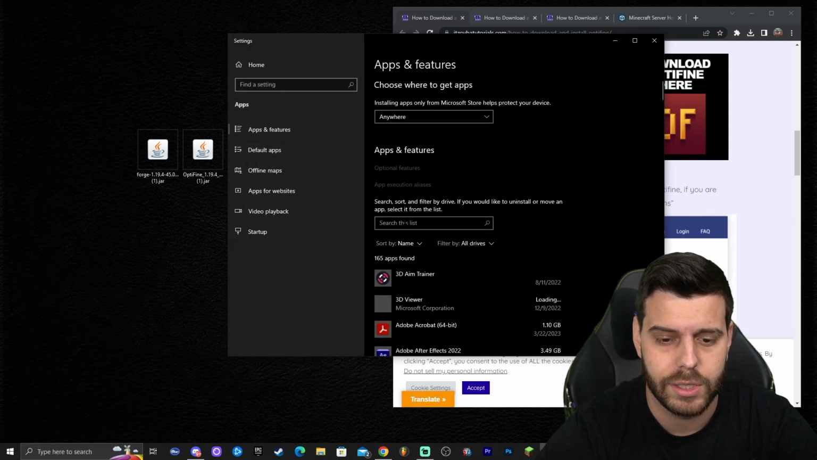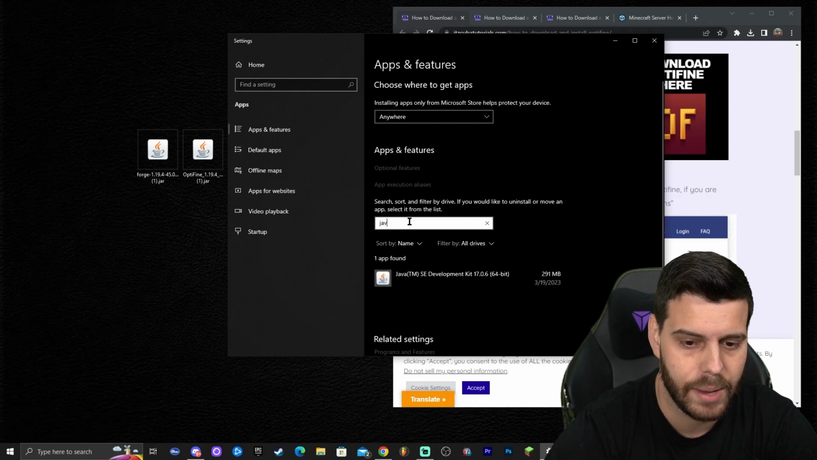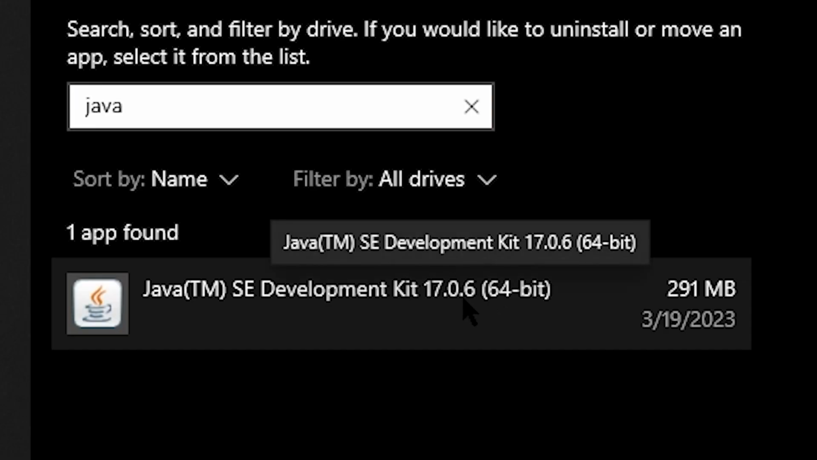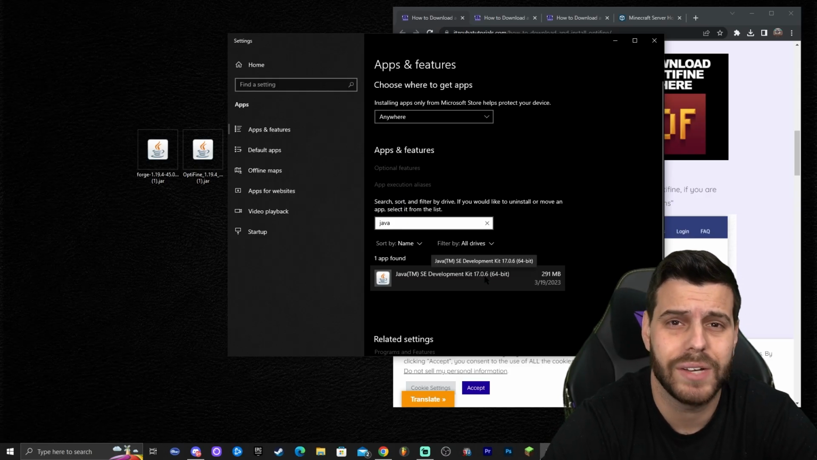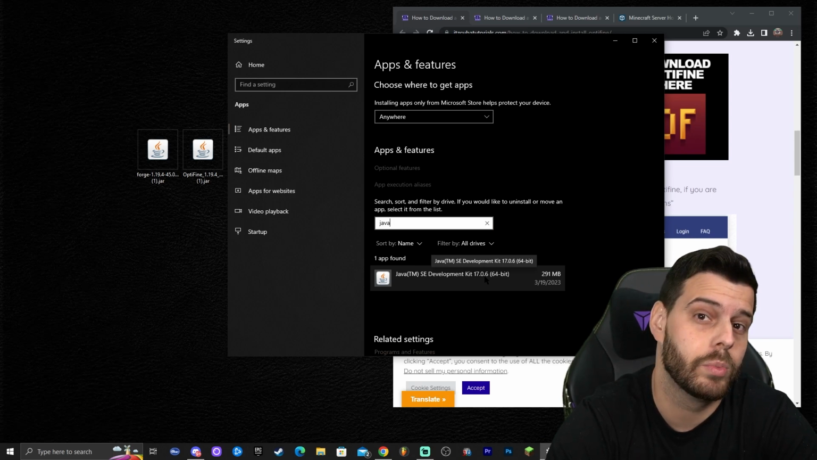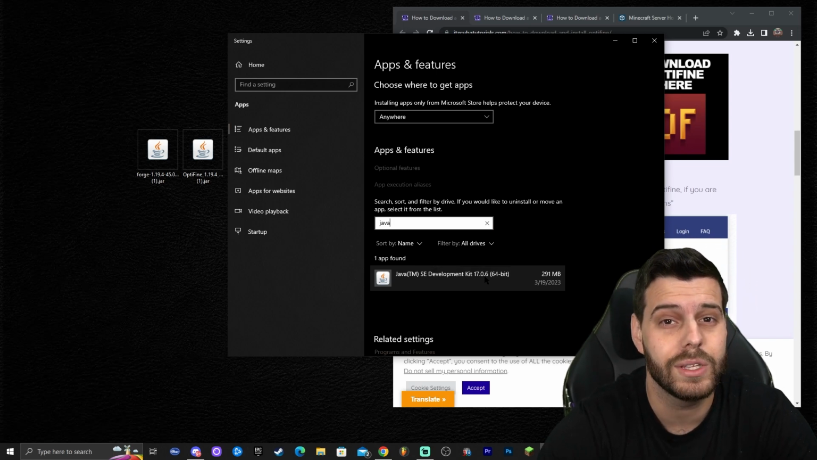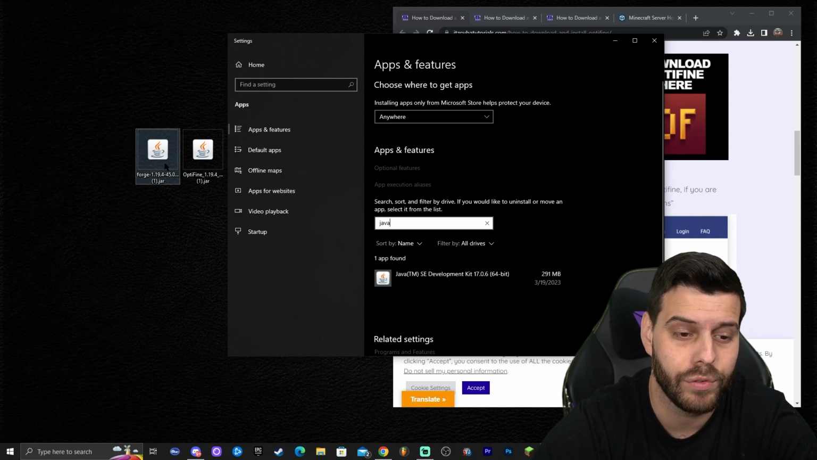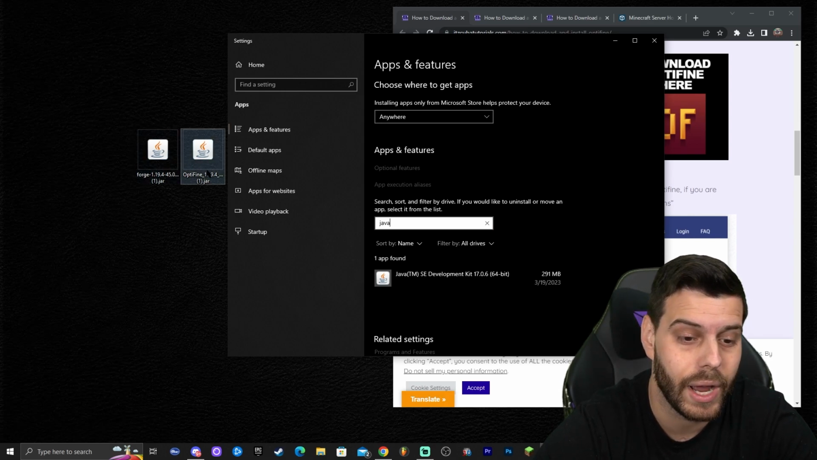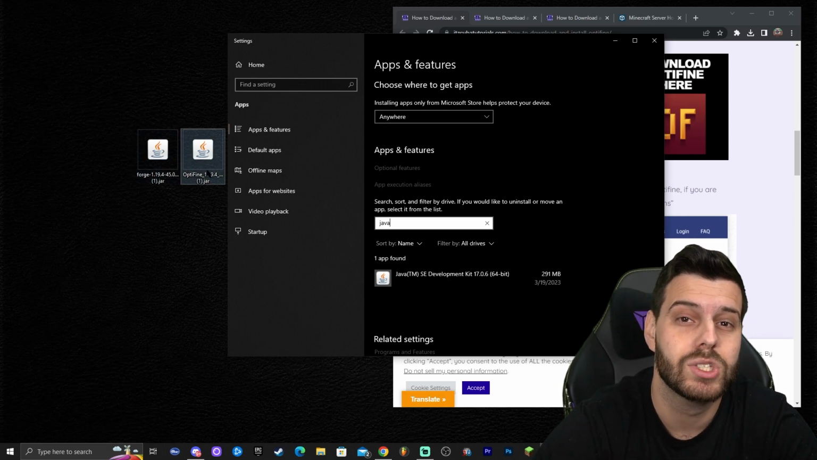and in here you're going to click where it says search this list, and you're going to type Java. And as you can see, I have Java 17, but many of you might have Java 7 or Java 8, or maybe some random Java, or maybe not even Java at all. And you are going to need Java 17 in order for Forge 1.19.4 and Optifine 1.19.4 to work without any